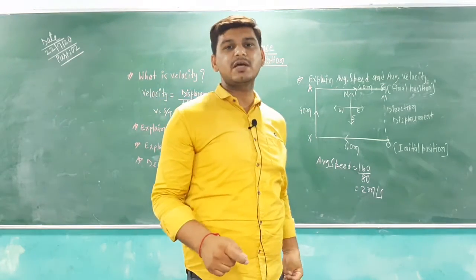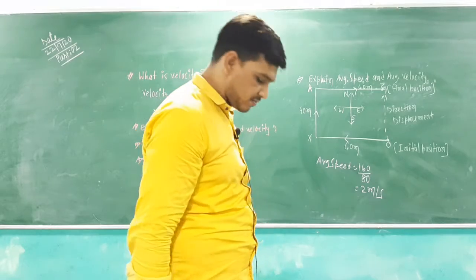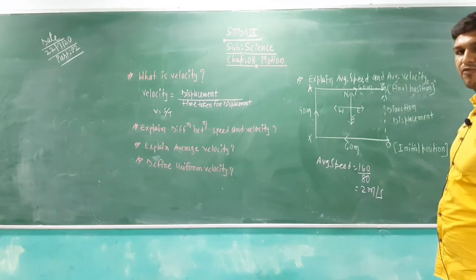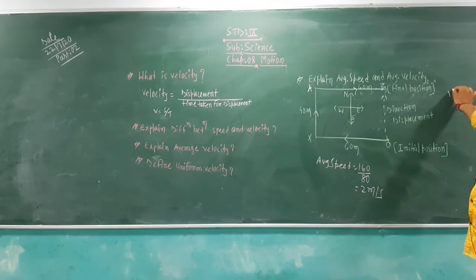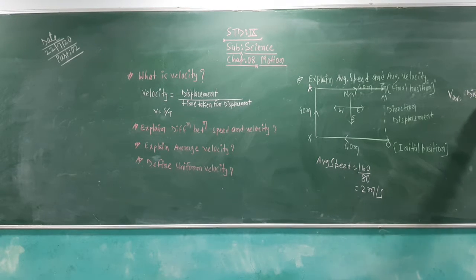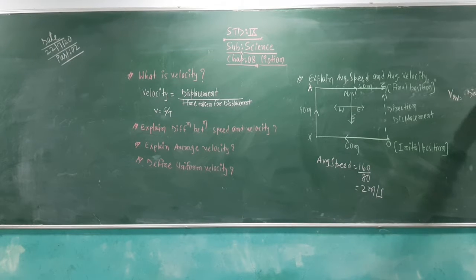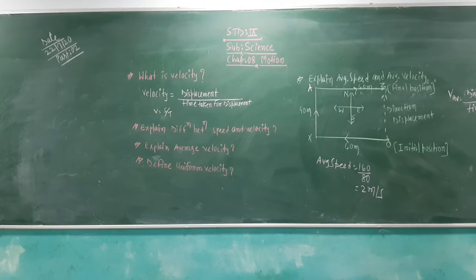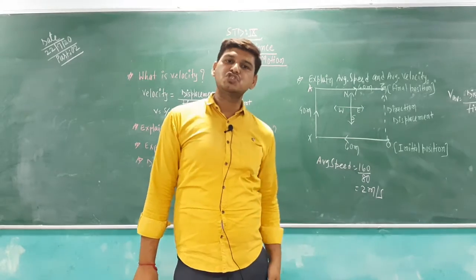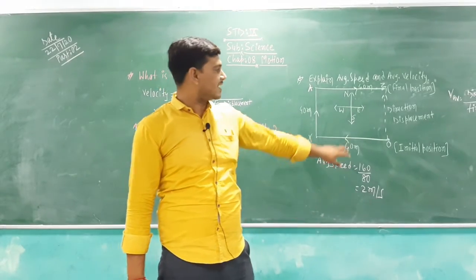एवरेज वेलोसिटी मतलब क्या होता है? डिस्प्लेसमेंट अपॉन टाइम टेकन। जो टोटल डिस्प्लेसमेंट है और डिस्प्लेसमेंट में कितना टाइम लगता है उसको एवरेज वेलोसिटी कहते हैं। तो मैं यहाँ पे लिख रहा हूँ एवरेज वेलोसिटी इज इक्वल टू डिस्प्लेसमेंट अपॉन टाइम, राइट। तो डिस्प्लेसमेंट कितना है? डिस्प्लेसमेंट मतलब क्या? फाइनल पोजीशन माइनस इनिशियल पोजीशन।